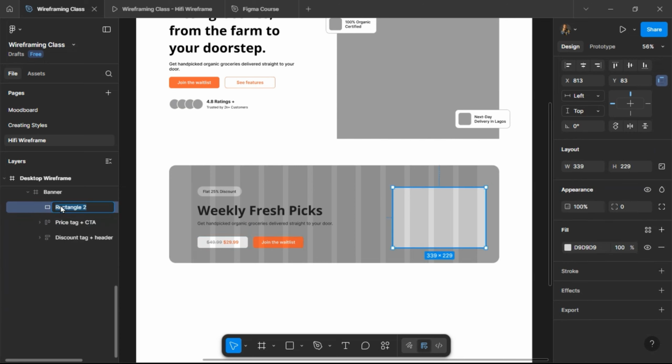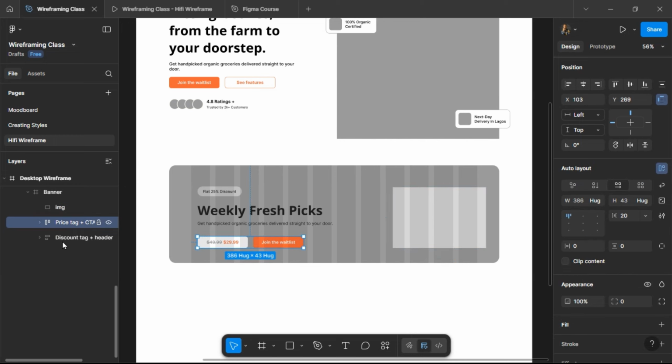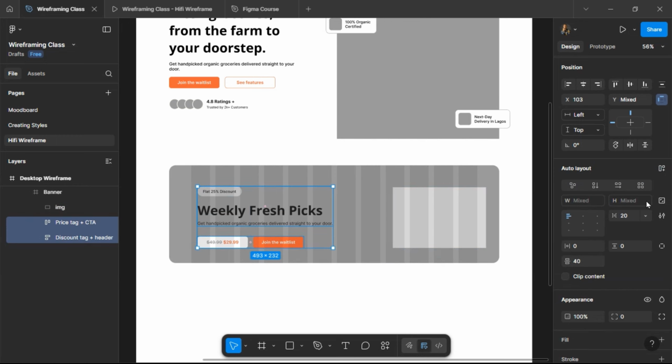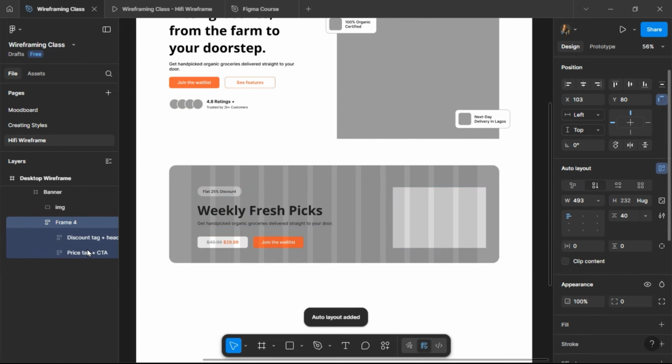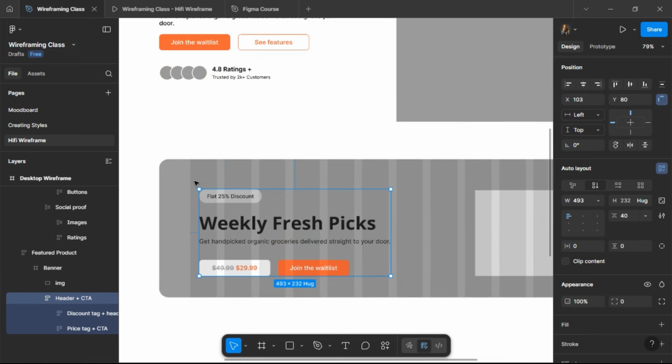And then we're just going to make this. So this rectangle is just going to serve as the image that we're going to put there. Then we're going to select this and this and add auto layout to it. And then I'm going to, oh, I think I clicked something different. So I'm going to rename this to header plus CTA. So now that we have this, the image will be at the right. Then we can now adjust this